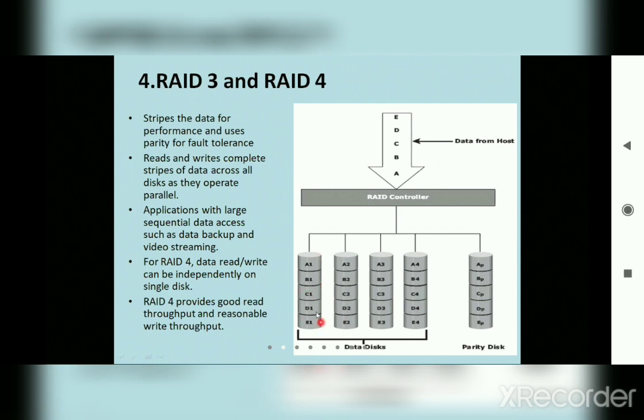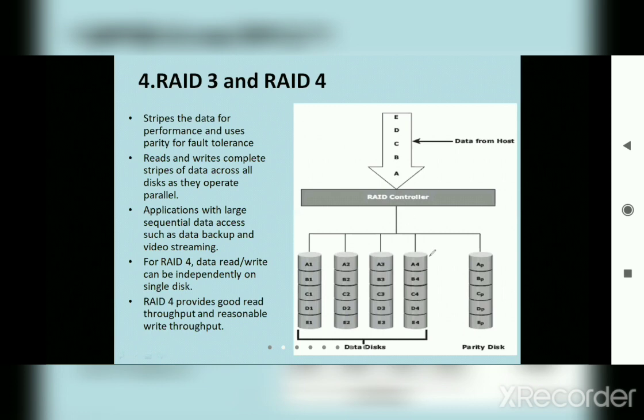When I go for the benefits or the advantages, it is providing the best throughput. That means whenever I request the data, I should get back the data within a shorter period of time. From the request to getting back the data is at a faster rate. So when compared to RAID 0, RAID 1, and the nested RAID, RAID 3 and RAID 4 provide better performance. For that purpose, you can see that there is only just a parity. If there is any loss of data, now you can ask, madam, how do they get that back?